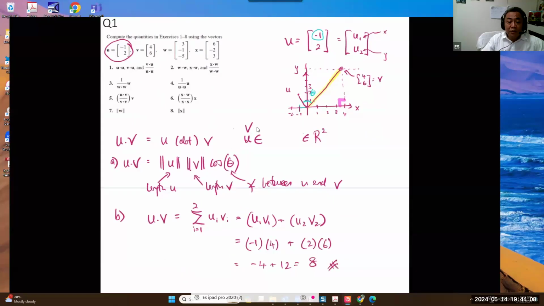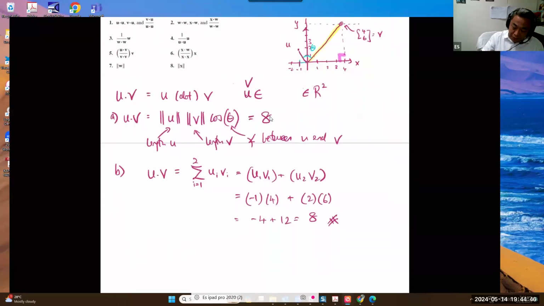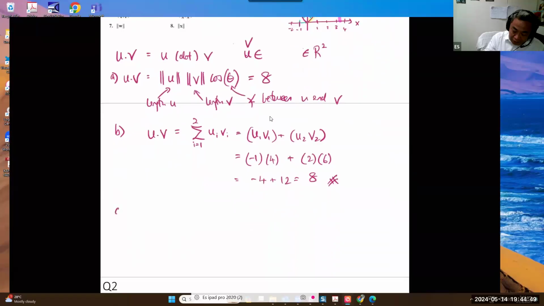Finish. So in fact, then you'll be thinking, what about this guy? When you realize that this one must also be the same number, 8. Now, if you understand that this equation can be calculated by this equation, and since we got 8, then it is very easy now to calculate theta, because to find the length is easy, to find theta is hard. So u dot v can be used to find the angle between two vectors very easily. Okay, now one more way. The third way to calculate u dot v,